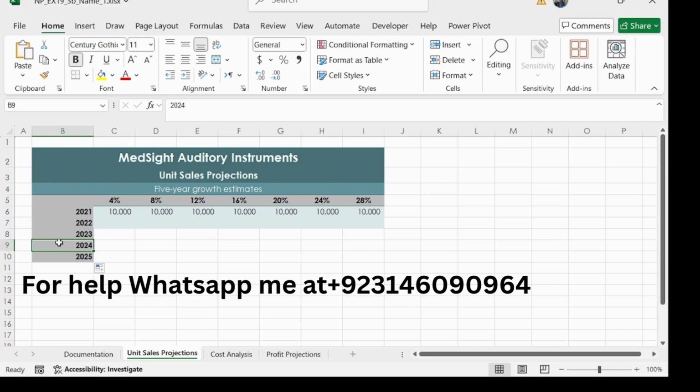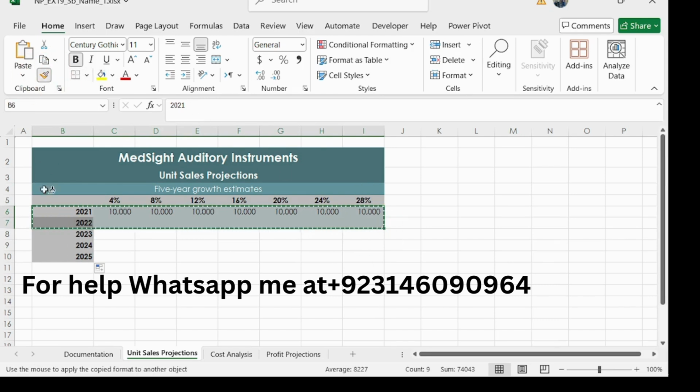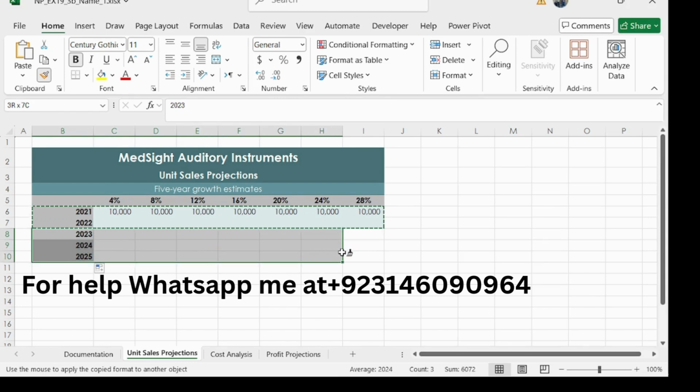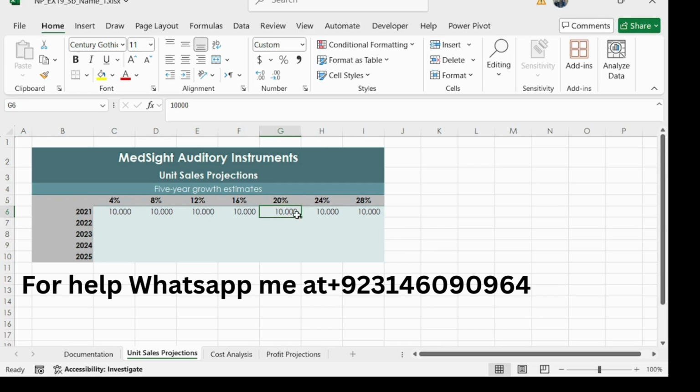So select the range C6 to I7 like this, and format this to range B8 to I10 like this. So we have completed 3 steps here, and our step number 4 is in cell C7.